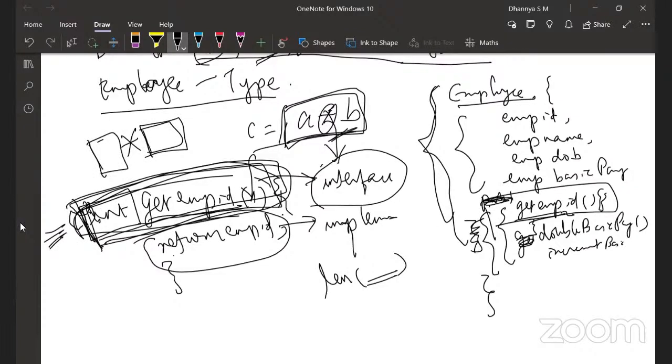Got it? So even though it is not typically a method, you should still know what arguments this operation takes. The return value also: you cannot assign it to a string, like String C equal to A into B. At least in Java, you cannot do that. When you multiply something, you should know the return type, only then can you receive the appropriate value. Okay, so that is the interface.